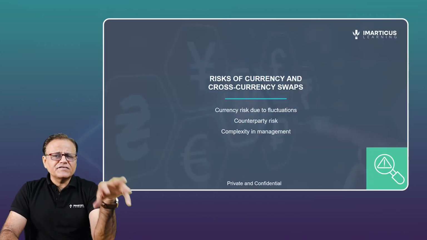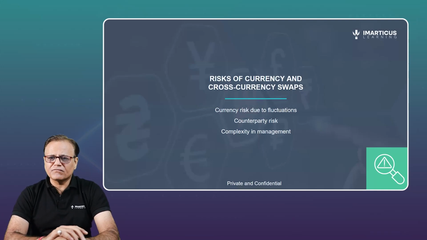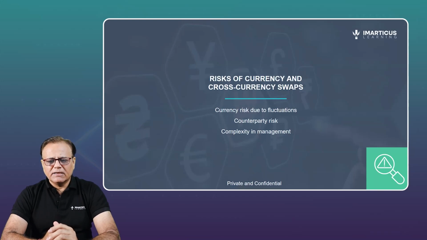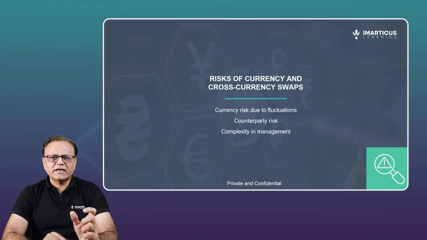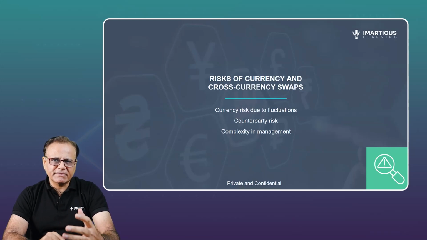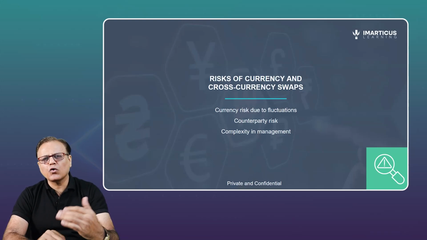Now there are obviously risks. There are some benefits. There will obviously be some risks. So while we talk about being able to mitigate exchange risk, and that's a benefit, which is why you get into a swap as such. But risk can only be mitigated, which means can be reduced to some extent, cannot be made zero, right? There'll always be,